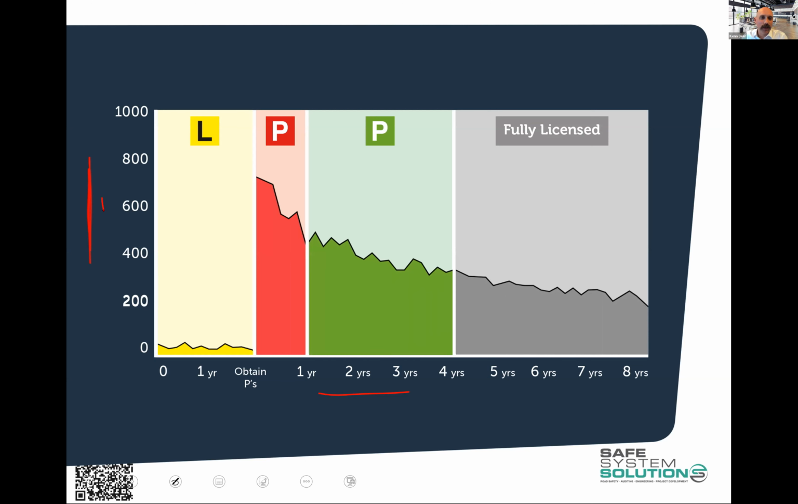Now, this graph is used most often to show why graduated licensing schemes are so important and why we're putting lots of regulations on these drivers, being driving hours or number of passengers or alcohol or phone use or all these sorts of things. But the other thing you can take away from this is that